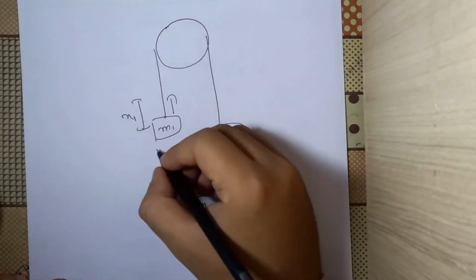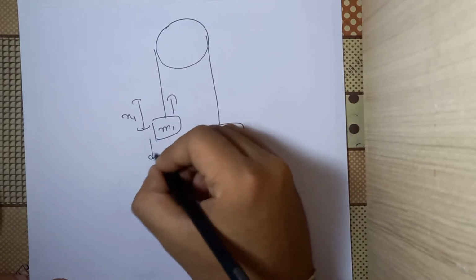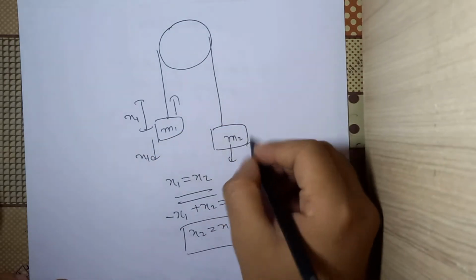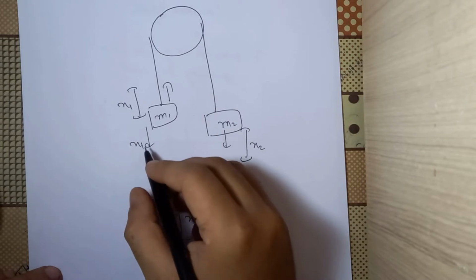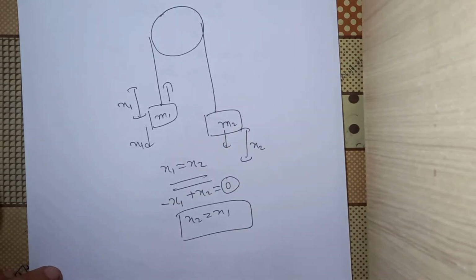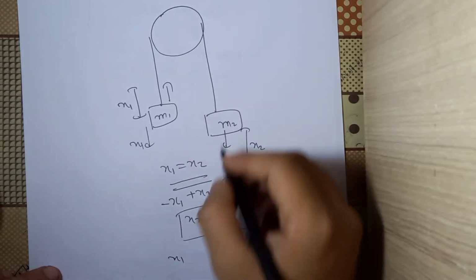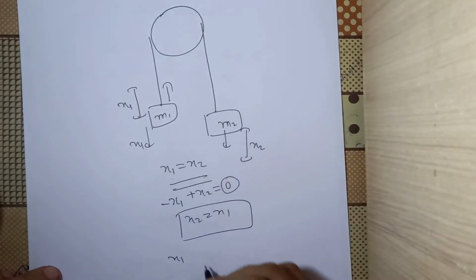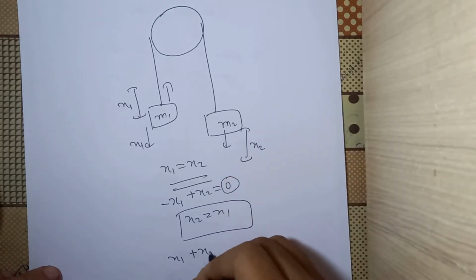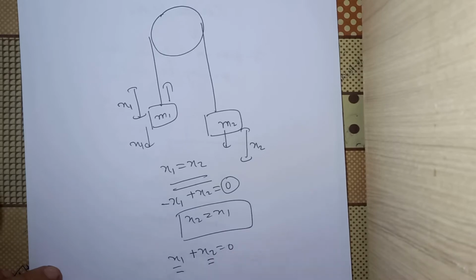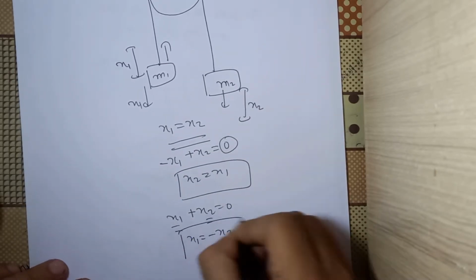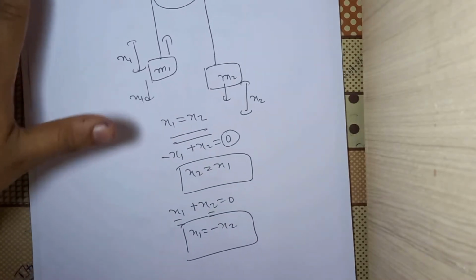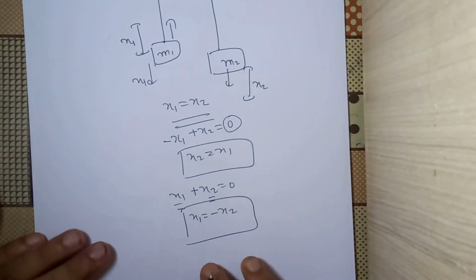I could have taken that, let's say, m1 is moving by x1 downwards and m2 is also moving by x2 downwards. Now in that case, I could not have developed this relation. In that case, my relation would have been that this x1 is also increasing the length of rope, so this is x1, and this x2 is also increasing the length of rope, so this is x2. So x1 plus x2 has to be 0. Net change in length of the rope has to be 0. So I could have written x1 is equal to minus x2 and not plus x2. Okay, so that depends upon the choice of directions that you take.